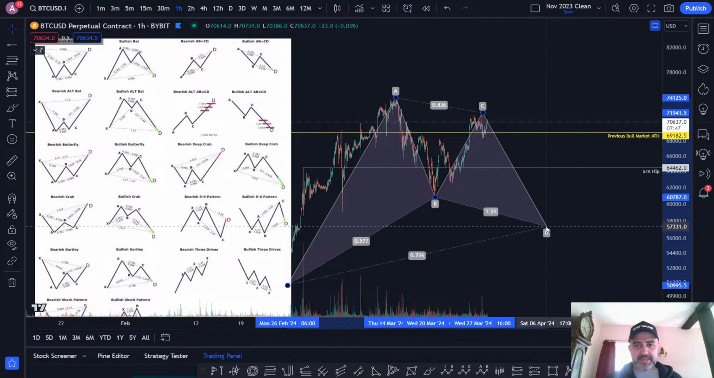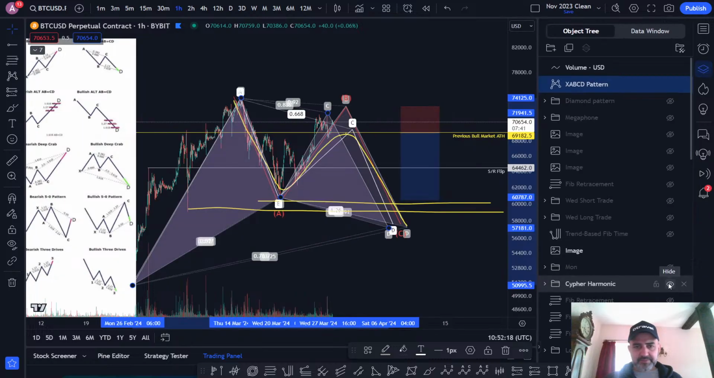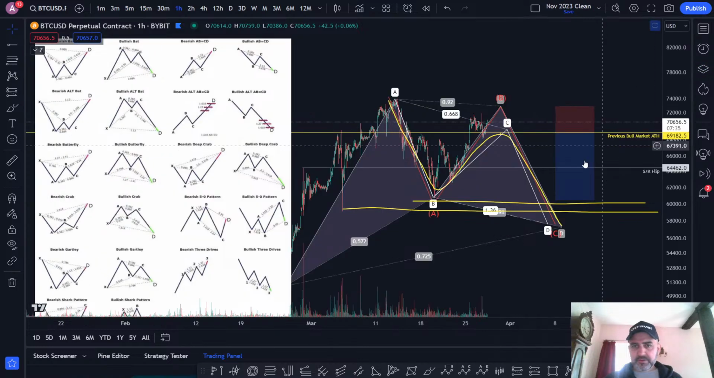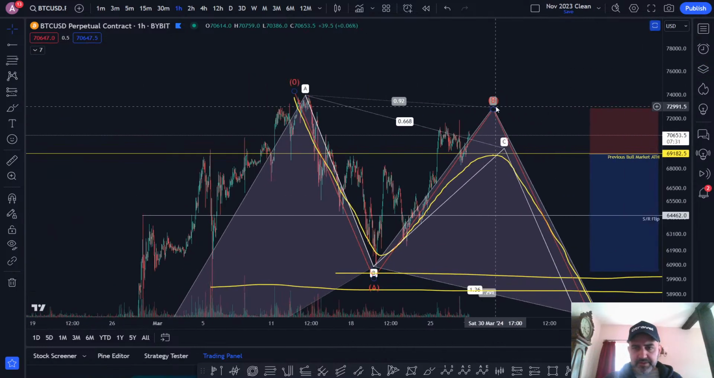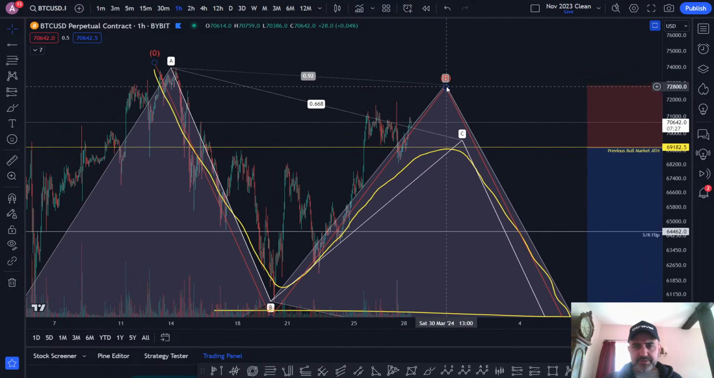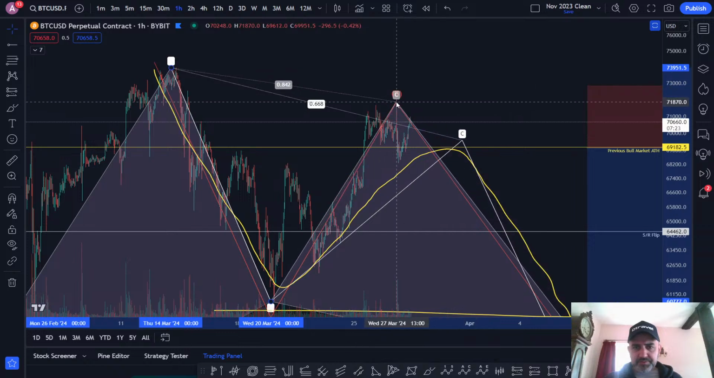It's still in play. It's similar to the cipher, except I had the cipher up there. It's basically a cipher still. Let's get rid of that. We're still in a cipher, but the pivot is not there. If this is a diamond and that pivot holds,